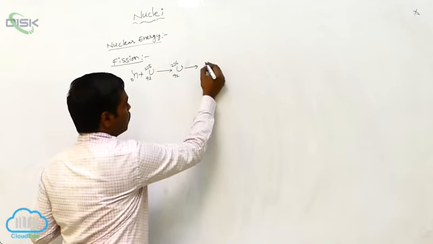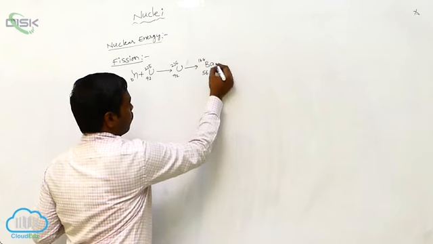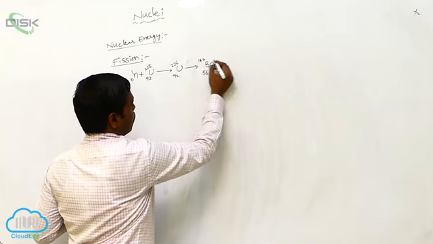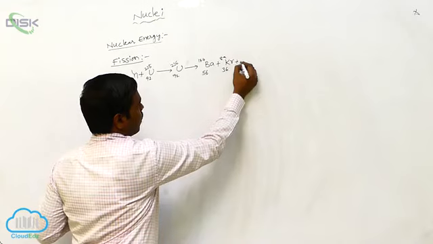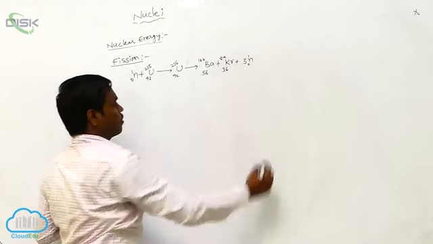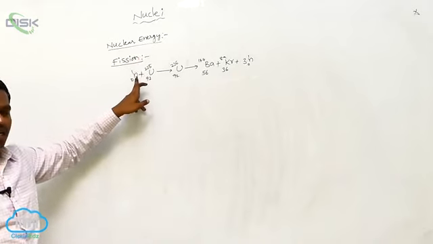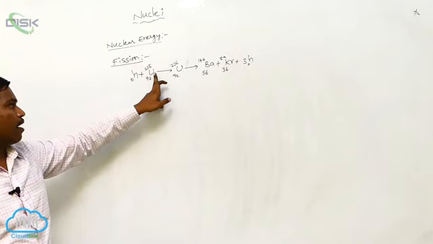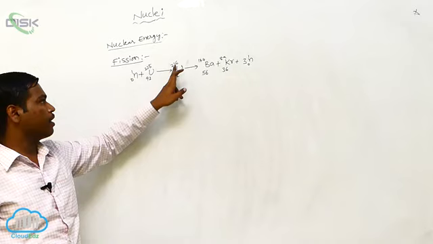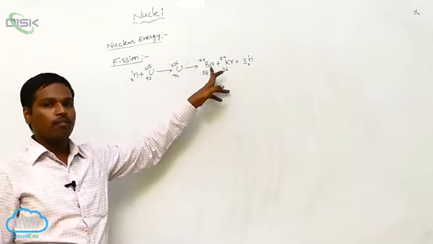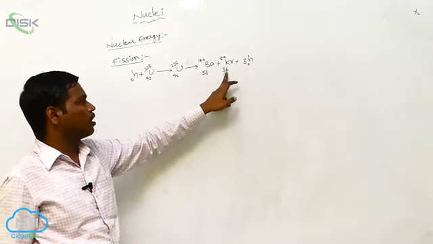that is barium 56-144 plus krypton 36-89 plus 3 neutrons. This is the fission reaction equation when the neutron is bombarded on uranium 92-235, which gives uranium 92-236, and then the smaller nuclei barium and krypton of atomic numbers 56 and 36, and also